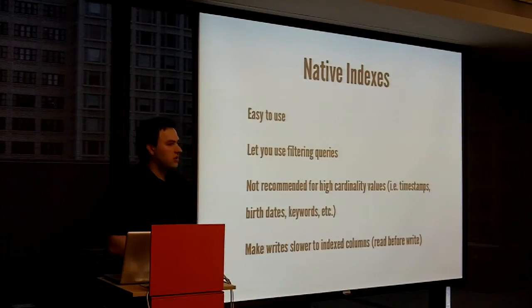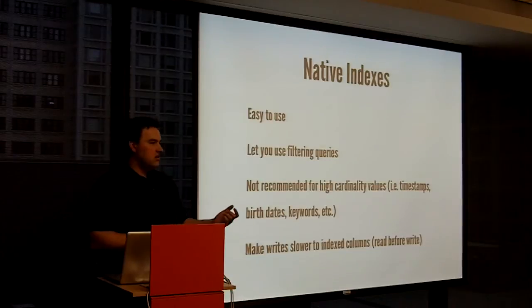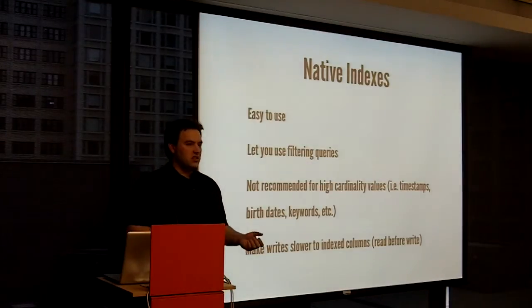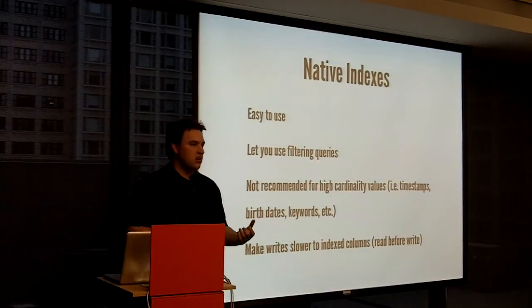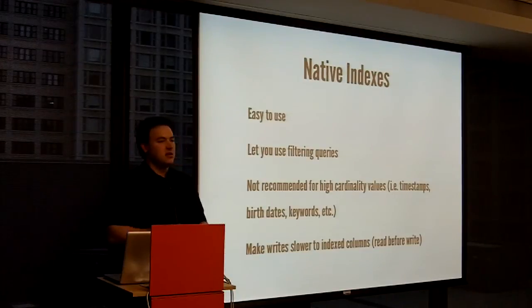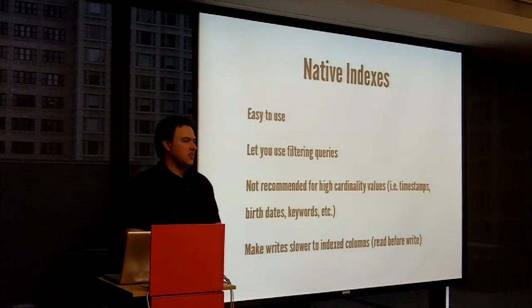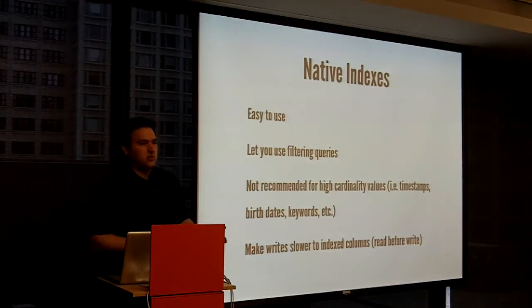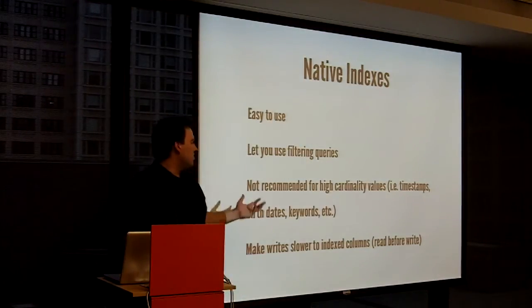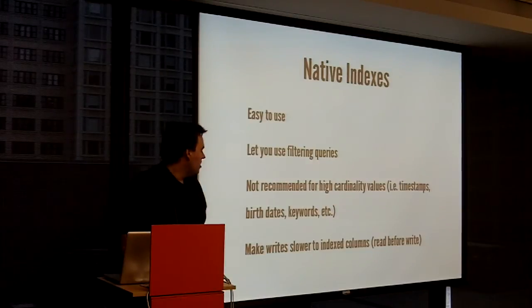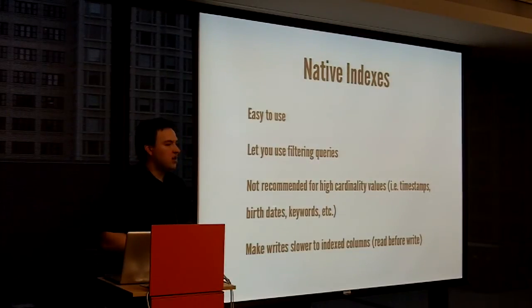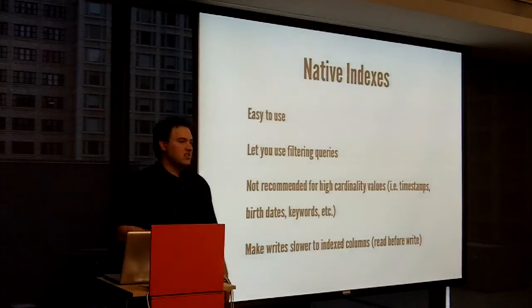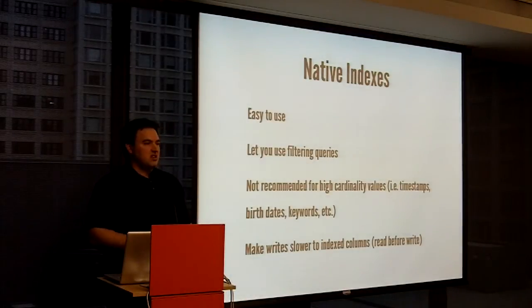And you can actually do filtering queries as long as one column is an equality in that query. You can actually do greater than, less than queries, and there's a couple other operations you use. You can say, tell me everyone in Illinois who's over 20, and you can actually do that query with the built-in indexes. But they're not recommended for high cardinality values, because Cassandra under the scenes is basically building a